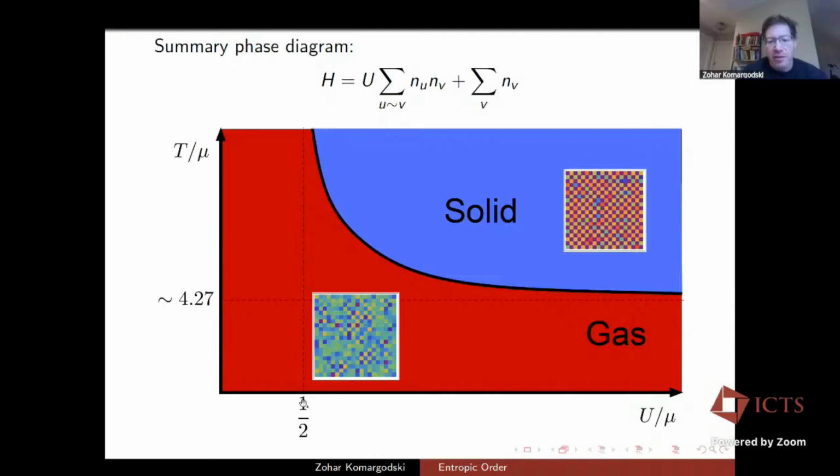The statement is that for every U bigger than a half, there is a high enough temperature from which the model becomes a solid. So it's a bizarre solid. Usually solids melt when you heat them up. This solid appears at some high temperature and then never disappears. You cannot melt this solid.